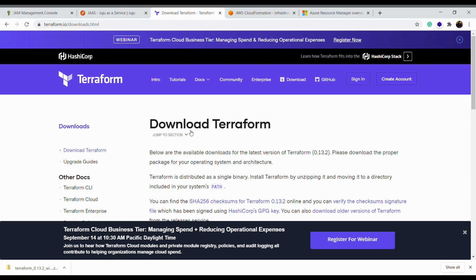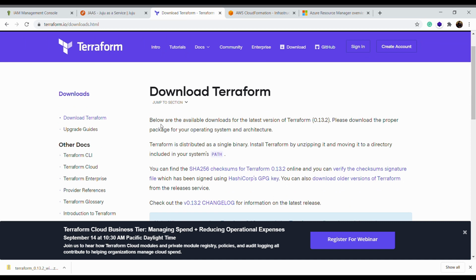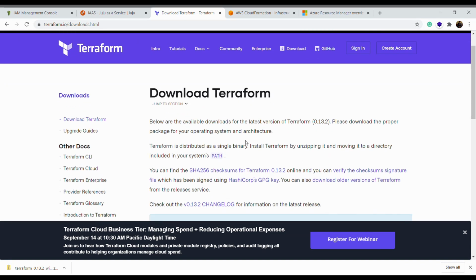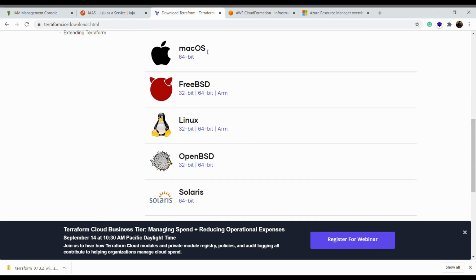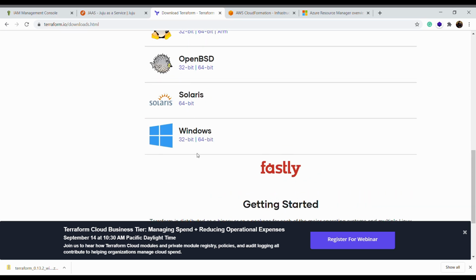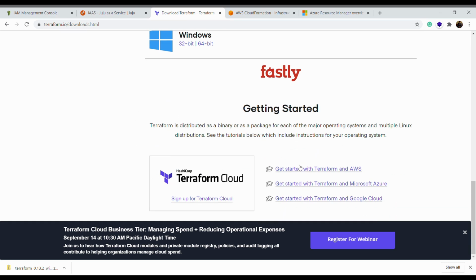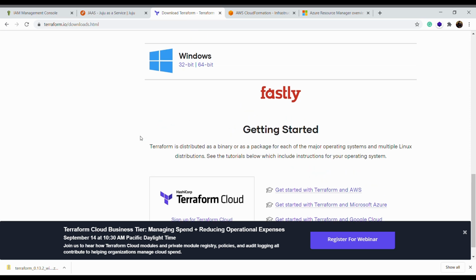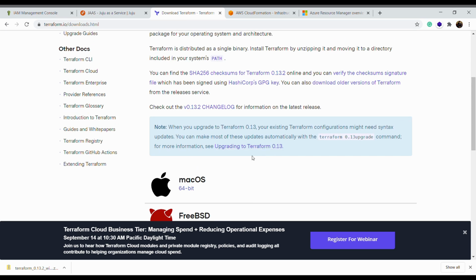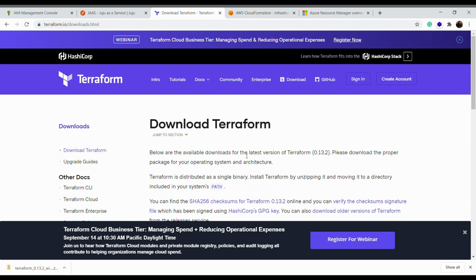Next one is from HashiCorp. It's Terraform. I think that everybody on the market knows Terraform. It's a common language, very easy to read, very easy to write for lots of providers, and you can download it for multiple platforms, for macOS, FreeBSD, Linux, OpenBSD, Solaris, Windows, and it's very, very simple to start with. In this episode, I will work with Terraform and especially show you some basic setup.